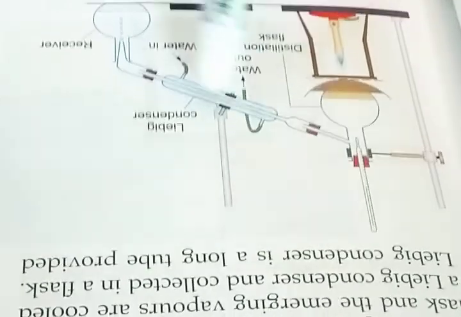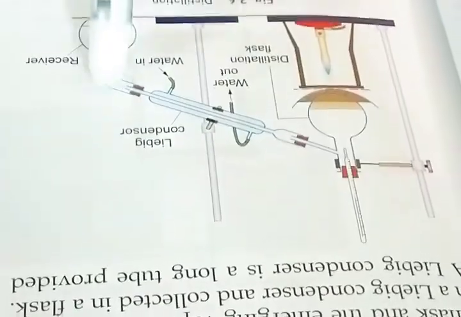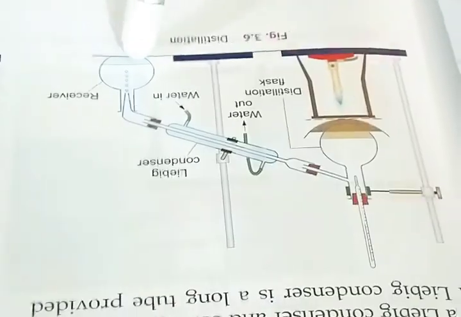Next, the distillation process. So what is distillation? Basically, the distillation process is also used to separate a solid-liquid mixture. Look at the figure at first, because it is not possible to describe it in words alone. So look at the process. That is the apparatus. It is a conical flask attached with a condenser, also known as a Liebig condenser. Here it is a receiver. So what is the process?